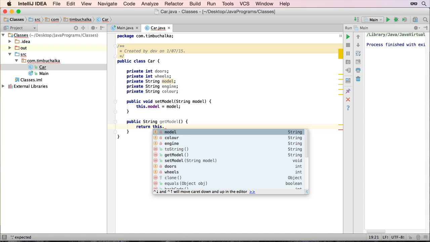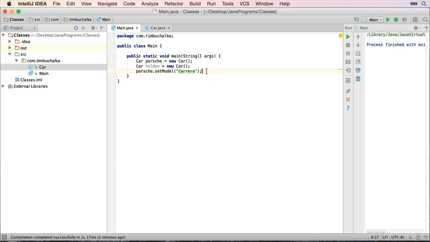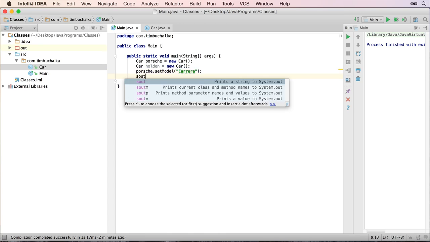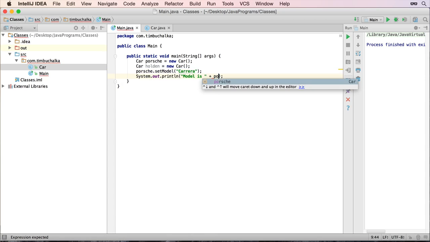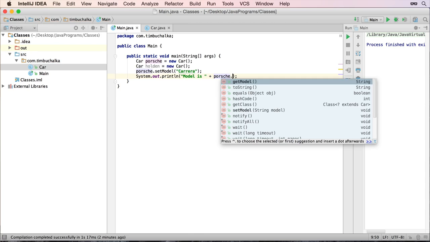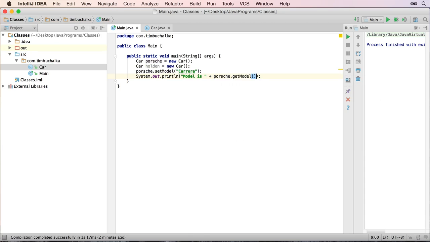So in this case, we want to return model. So I'm going to do like so. And we've now got a method that can be called elsewhere to return what the current model is. So we can go back to our main Java. And if we now do a system output, and we'll put "model is" plus, and we can type Porsche dot. Notice how there's two now. There's get, and there's also set. So we go up to get now. getModel is the method we just created. So now if we run that,